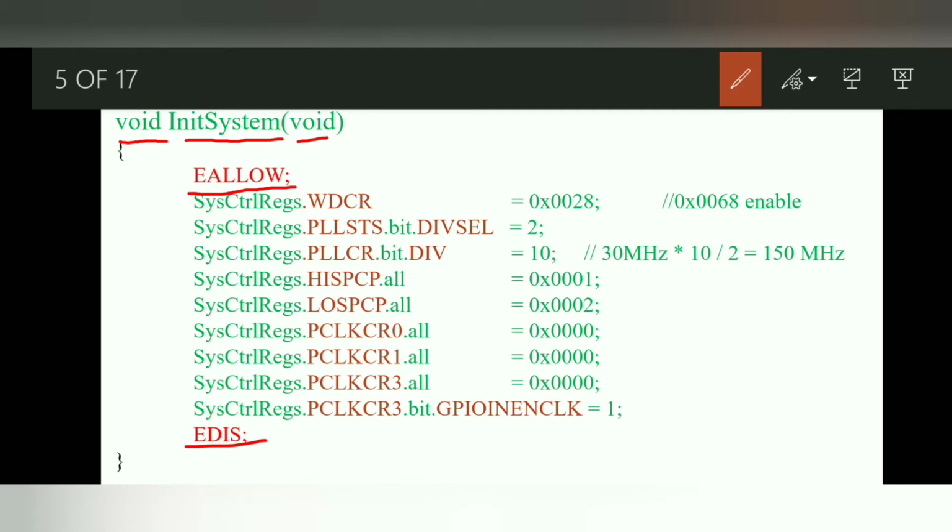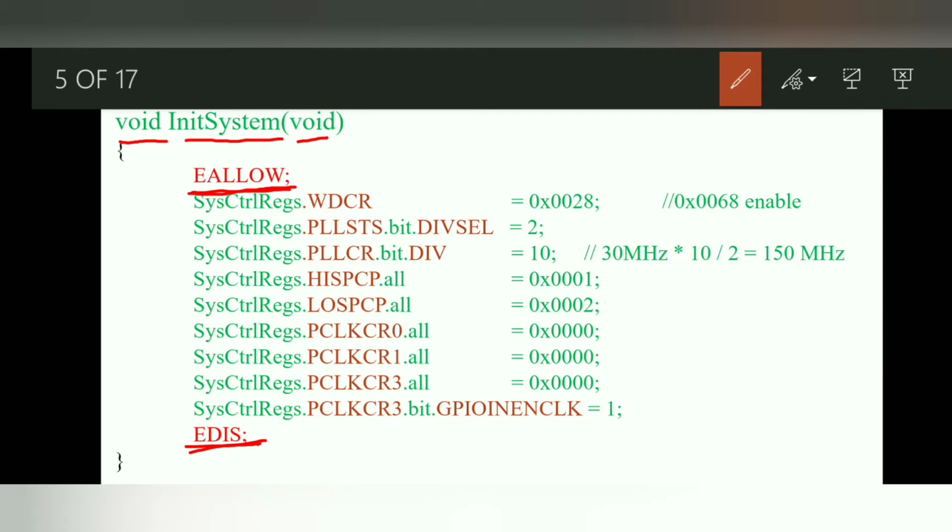As we know that we are initializing the code registers, so all the code registers are protected registers. So before initializing that we need to allow the path to use those registers, and after using all the registers we will disable the path. So how do we use this? We will use these EALLOW and EDIS commands to use that path to the code.